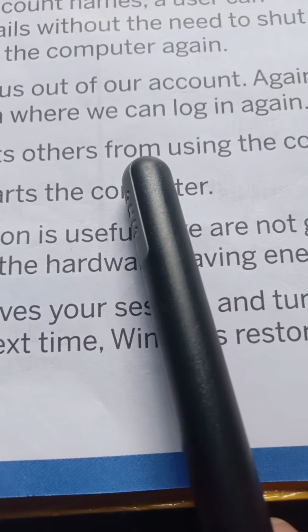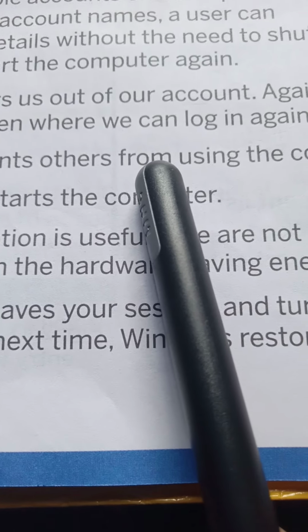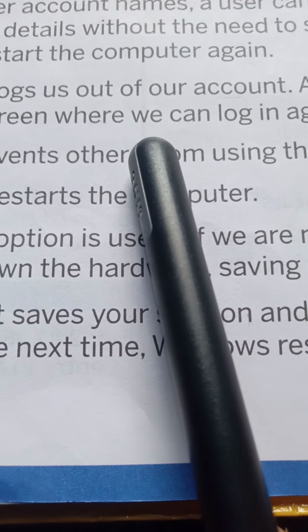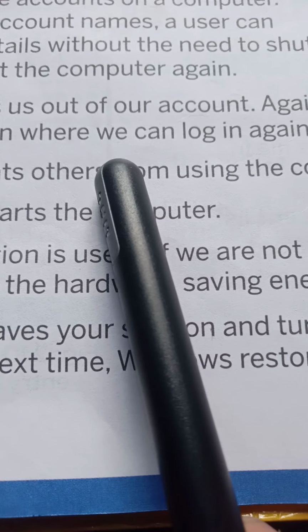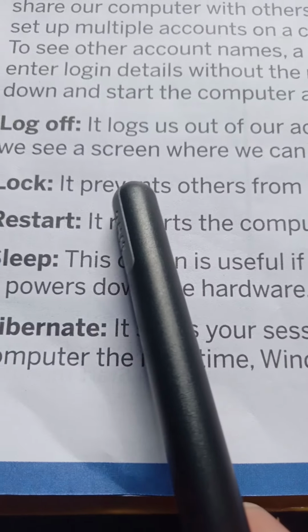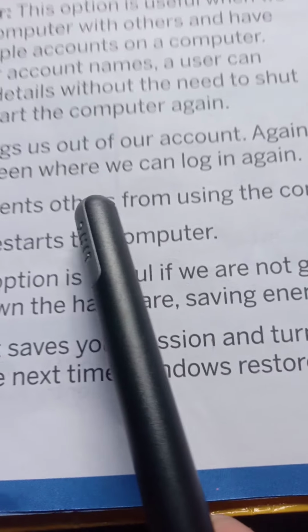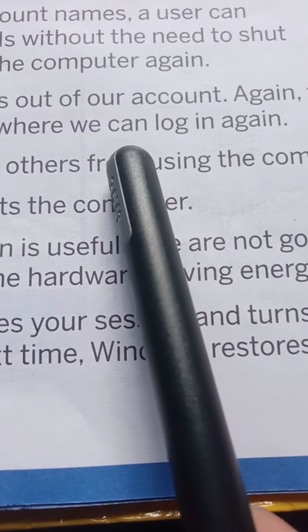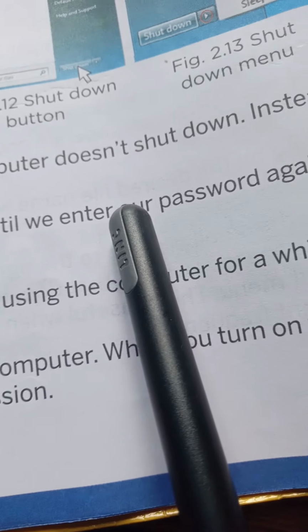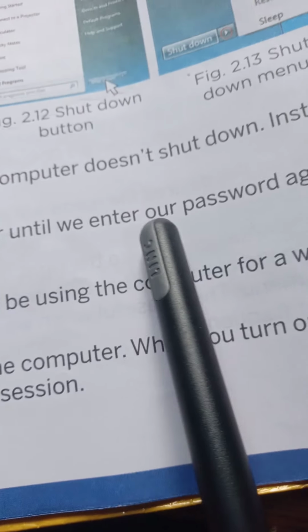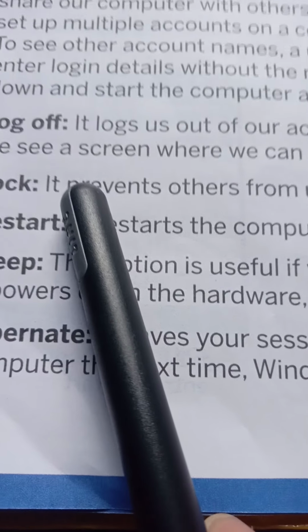You see in a smartphone there is a lock system. If you don't know the numbers, you cannot unlock the mobile. Like that, there is also a lock system in the computer. When you enter your password, then you can unlock it.